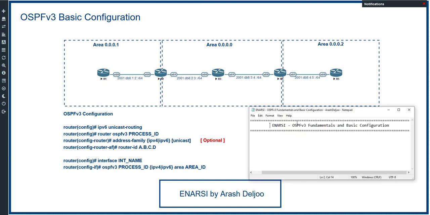Let me show you. Look here. This is the history of the versions of OSPF. As I mentioned before, OSPF version 1 was the first version, and you know that OSPF version 1 is now expired and we cannot use it. After that, OSPF version 2 is used for IPv4 routing, and we have learned about OSPF version 2 in